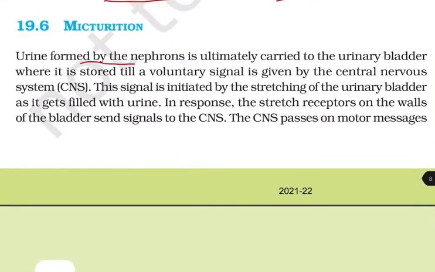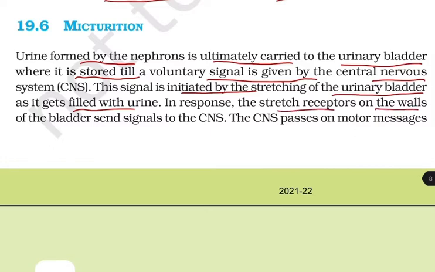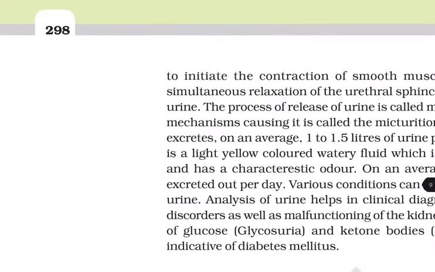Micturition. Urine formed by the nephron is ultimately carried to the urinary bladder, where it is stored till a voluntary signal is given by the central nervous system, that is CNS. This signal is initiated by the stretching of the urinary bladder as it gets filled with urine. In response, the stretch receptors on the walls of the bladder send signals to the CNS. The CNS passes on the motor messages